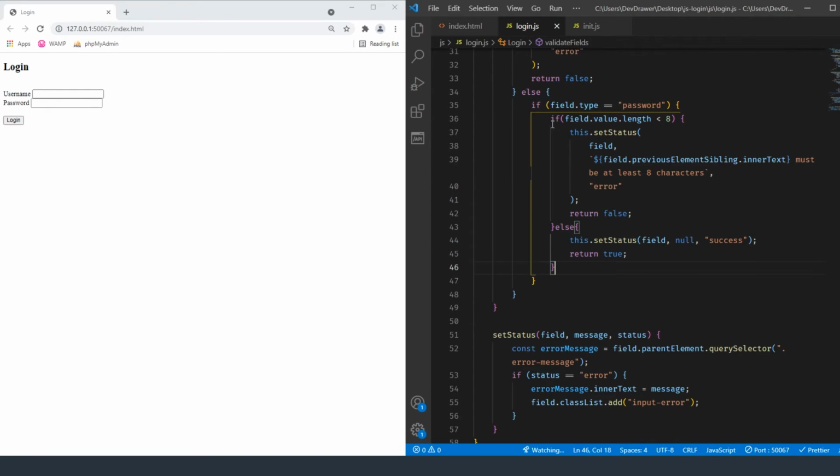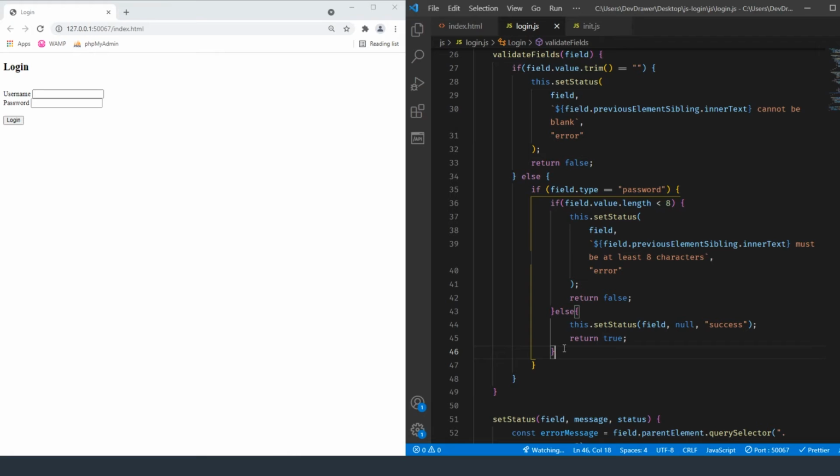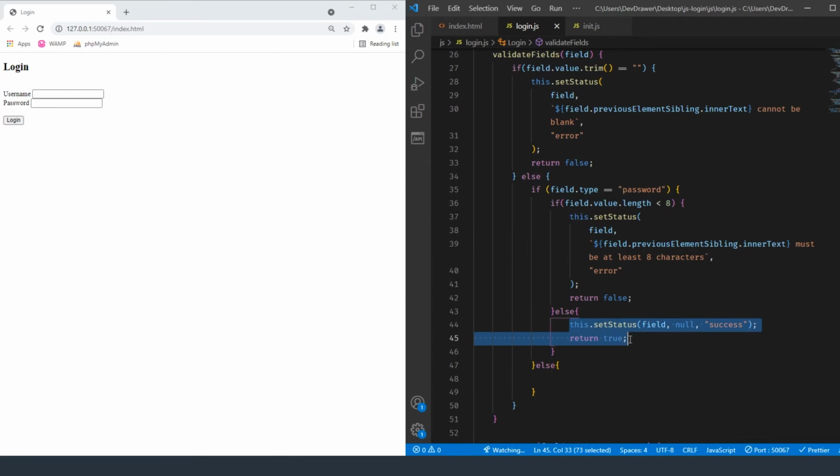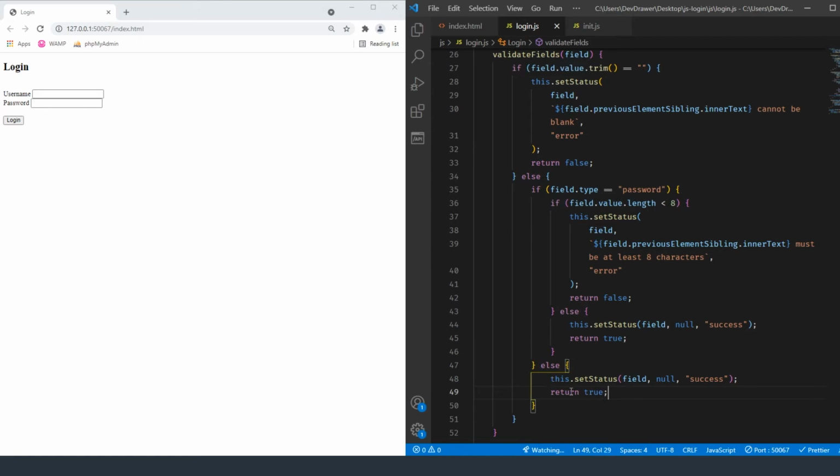So if it's not the password type, but it has a value in it, we want to go ahead and do else, and we're going to basically just return this same status because it is successful. Okay, so now let's test that out. So if we come over here and we do a login, so the password cannot be blank, so this one's no longer showing that error message. So if we do here, now it says password must be 8 characters. So if we do this,